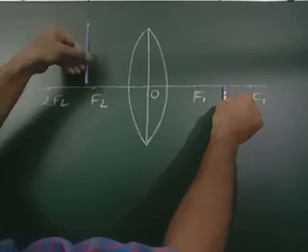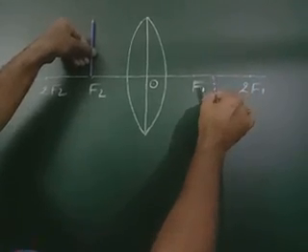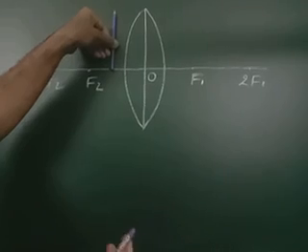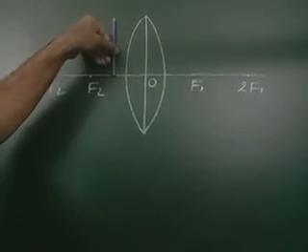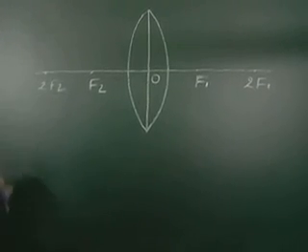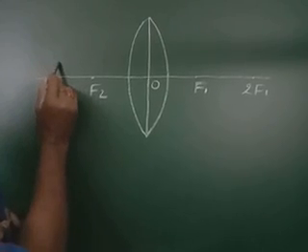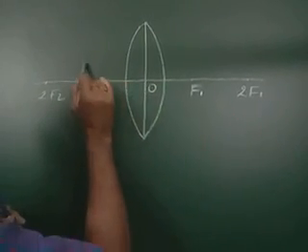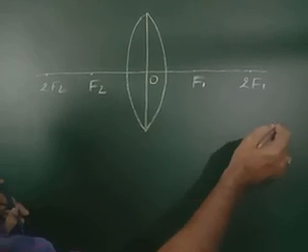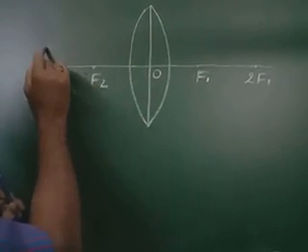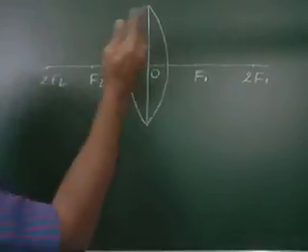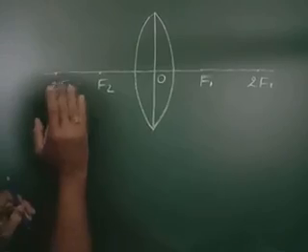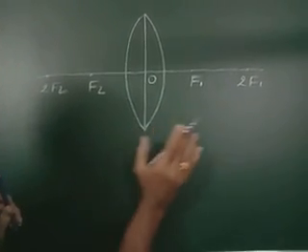But as soon as we keep the object at principal focus and in between optical center and principal focus, there is another rule. This point I will tell you afterwards. Next comes real and virtual. If the object is on one side of the lens and the image is on the opposite side of the lens, always it will be a real image. And if the object and image form on the same side of the lens, then it will be a virtual image. Then I have told you the size and the real and virtual.